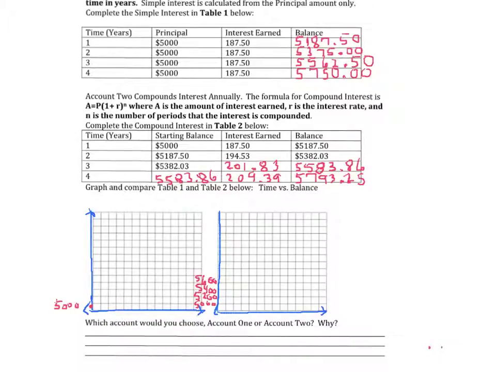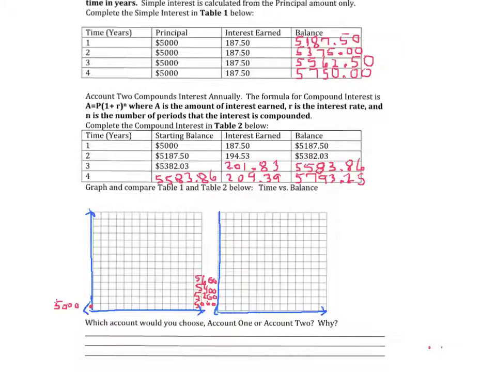In this lesson, in this warm-up, I'm having students compare simple interest to compound interest and the type of functions that they create when we graph those functions. And so we have, for simple interest, you can see that it's increasing at a constant rate of change, that it's earning the same amount of interest each time,